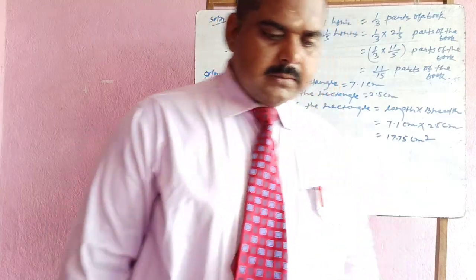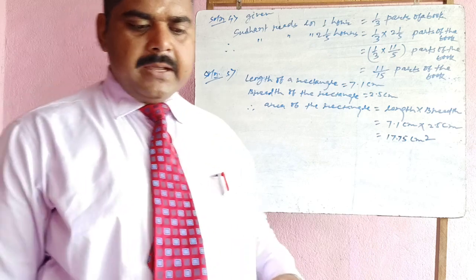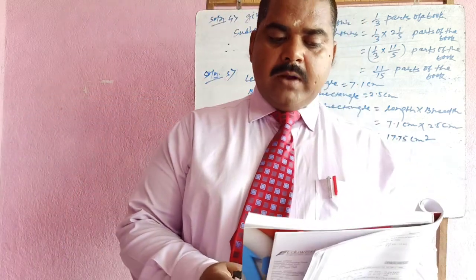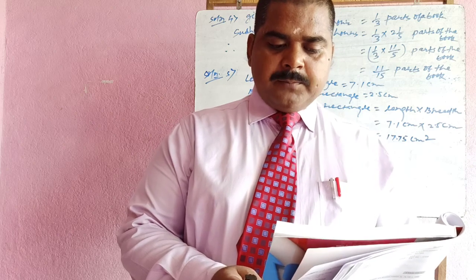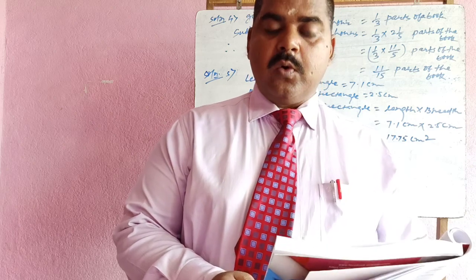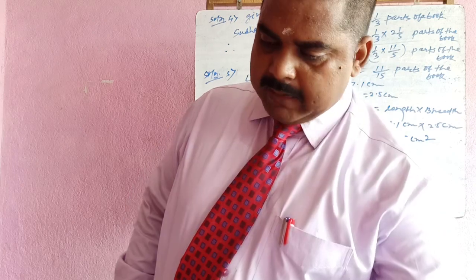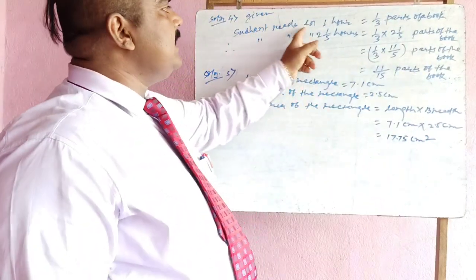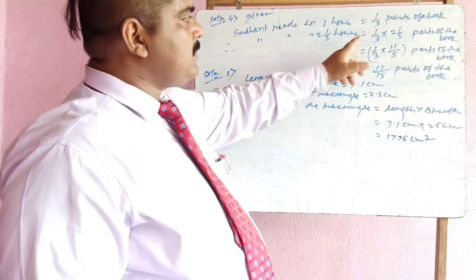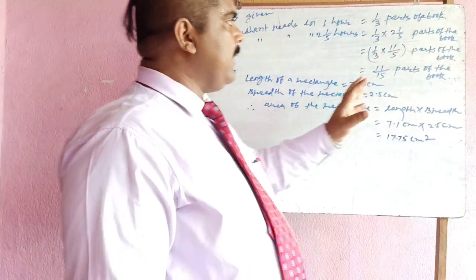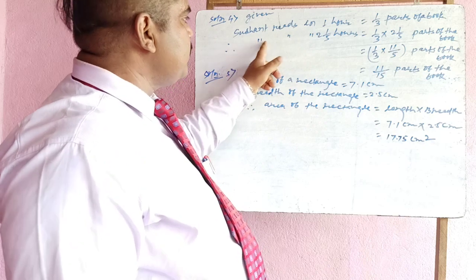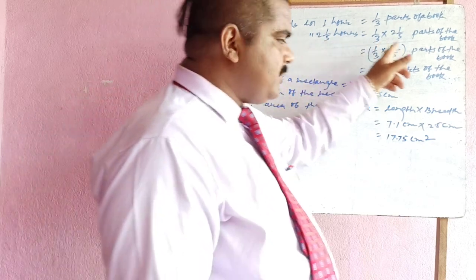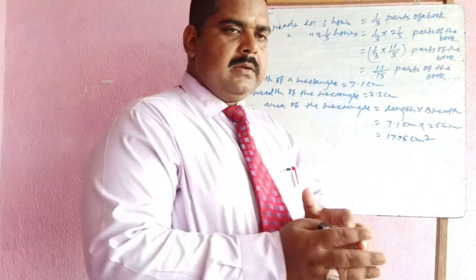In question number 4, it is given that Sushant reads 1 upon 3 part of a book in 1 hour. How much of the book will he read in 2 whole 1 upon 5 hours? My dear students, you have to solve it this way: Sushant reads, in 1 hour, 1 upon 3 part of a book. Therefore, Sushant reads in 2 whole 1 upon 5 hours,